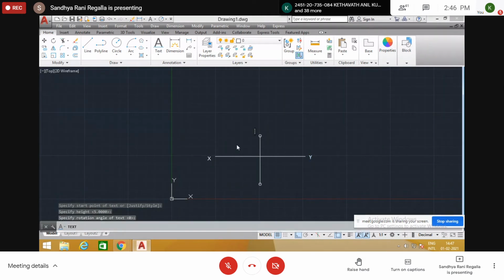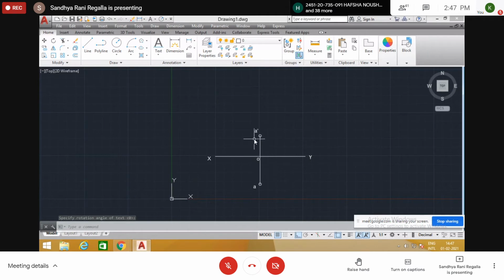So for front view, how you indicate? A dash, right? And for top view, A, lowercase letters. And here the intersection point is shown with the O, right? Like this we show.